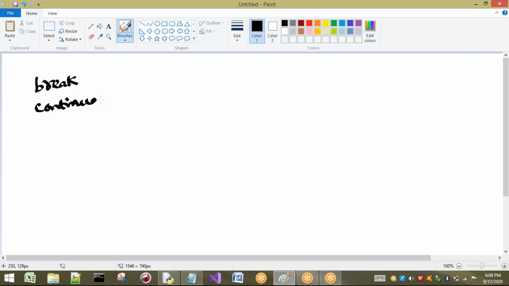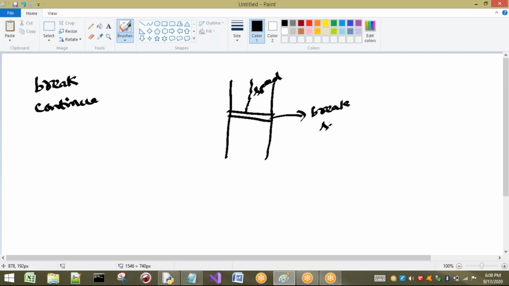First, no need of understanding in a programmatic way. Let us think in the English meaning. Break means what? Let us consider this is a road, for example. Here we have some speed breaker. That means the vehicle which is coming from this side has to break its speed. It comes here and it is going to break the speed. That means this is used to break speed.